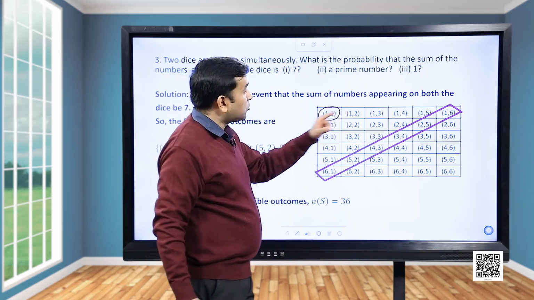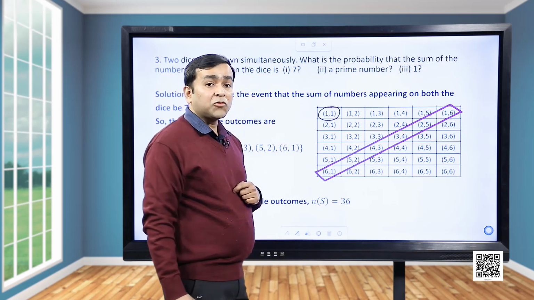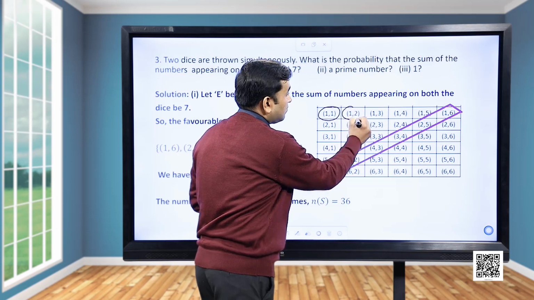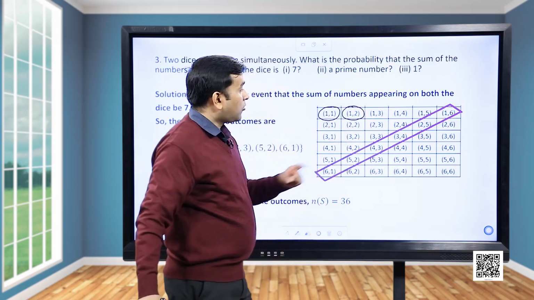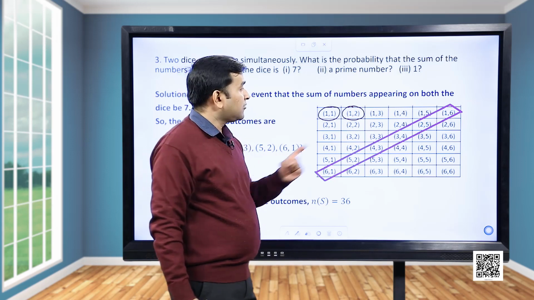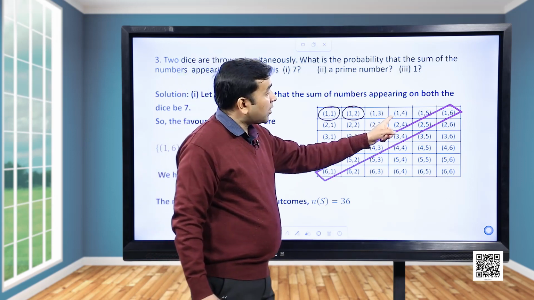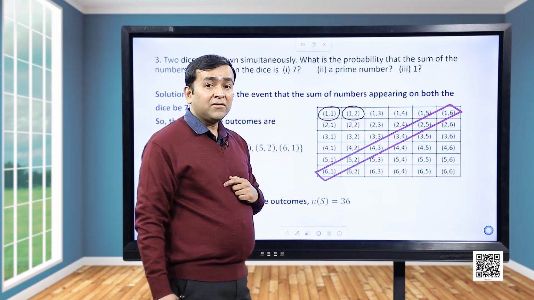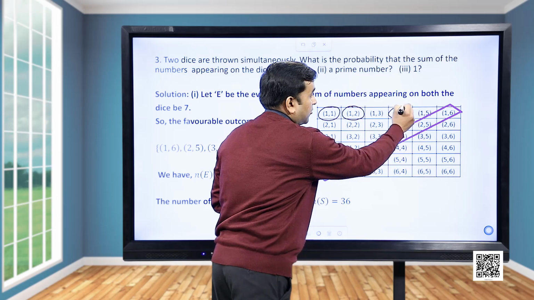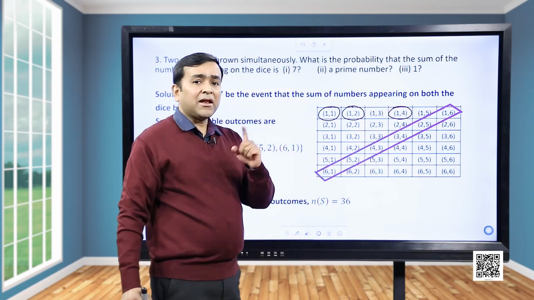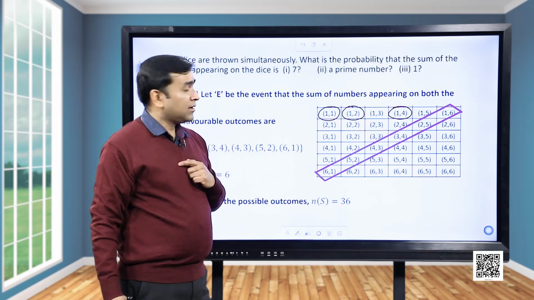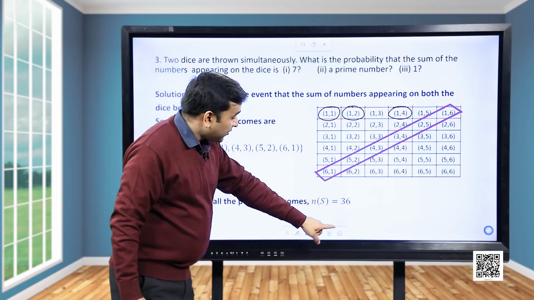What about 1 plus 2? 1 plus 2 is 3, which is again a prime number, so this is a favorable outcome. What about 1 plus 3? This is 4. This is not a prime number, so we will leave it. What about 1 plus 4? This is 5. This is again a prime number. This is the favorable outcome. So in this manner, we will mark all the favorable outcomes in this table, and if we go to the next slide,